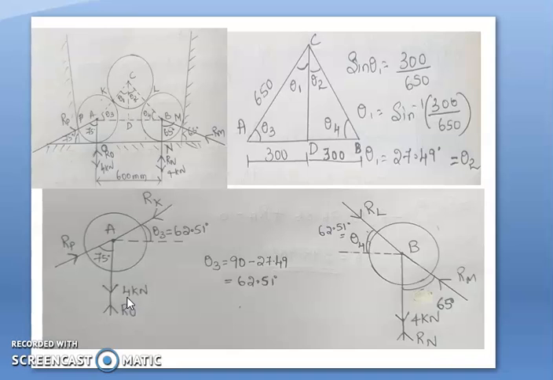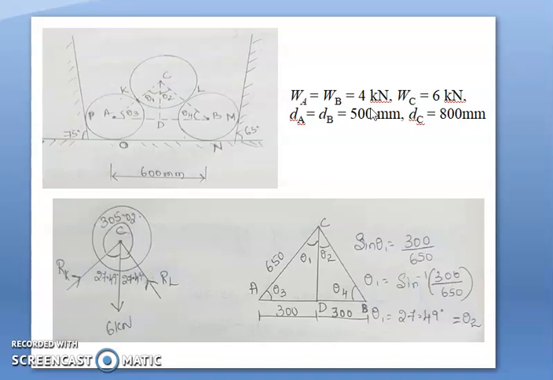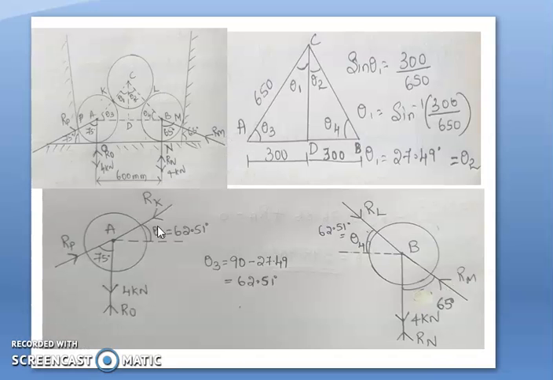Self weight is nothing but 4 kilonewton for sphere number A. Sphere number A self weight is 4 kilonewton, that I represented, and sphere number A is in contact with the horizontal surface at O. So reaction on A by the horizontal surface at O, and reaction is always perpendicular to the surface, so it is RO. And one more reaction here at sphere number A and inclined wall, which makes an angle 75 degree